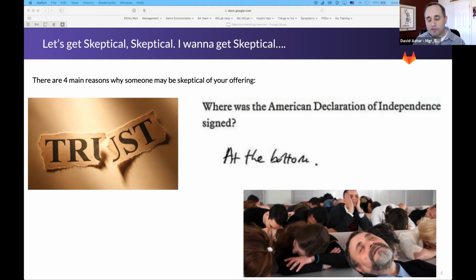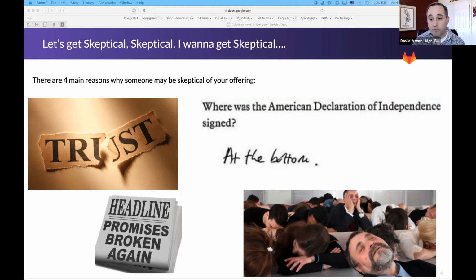And then finally, the fourth reason why people are skeptical about things is because you've overpromised. It's very important for customers to know that if they ask for something, they'll know when they're going to get it. And again, I don't see this as a big problem here with our customer success team, because there are issues that customers can follow along with. Maybe we've already got something there. Or even better, they can create one themselves and directly impact what's happening with the product. There are product managers we can bring to the table, as I mentioned. There's a public roadmap for folks to see what we're planning to release and when.